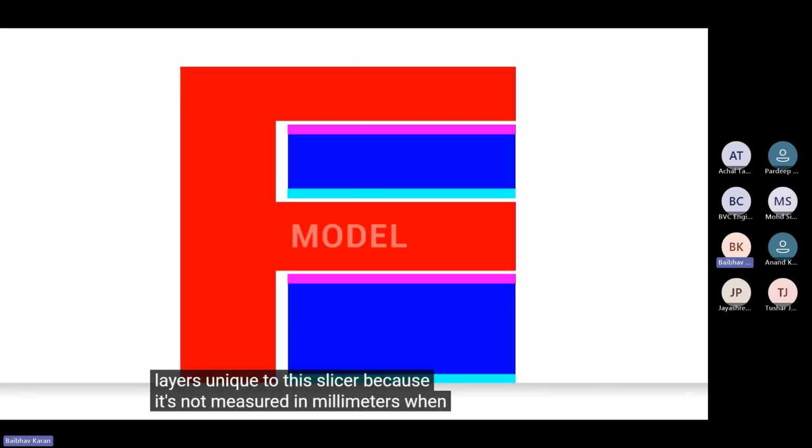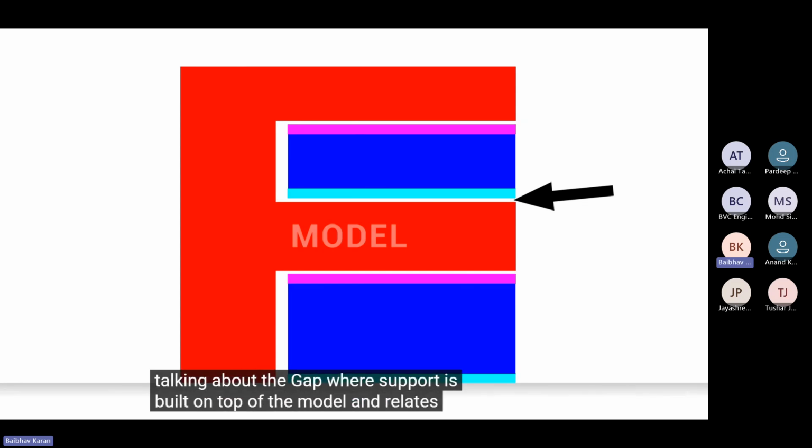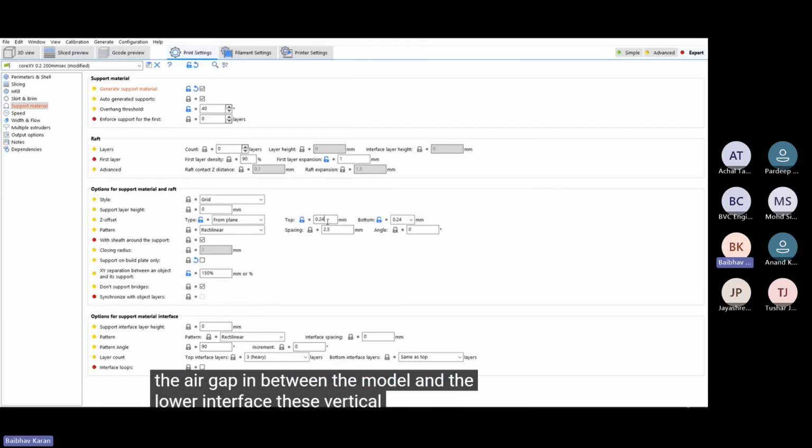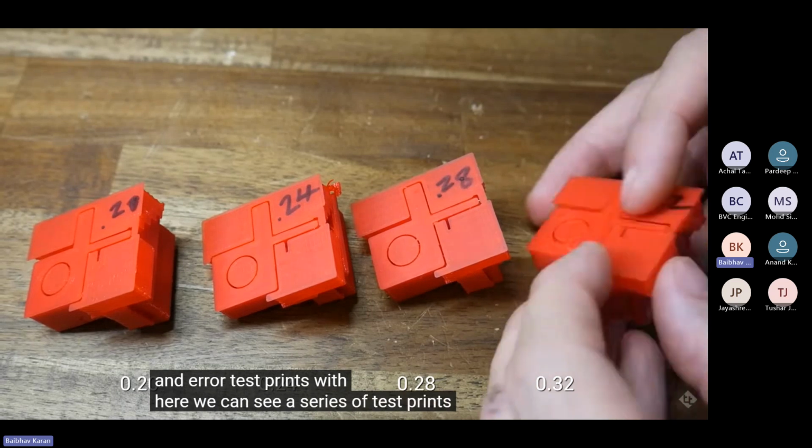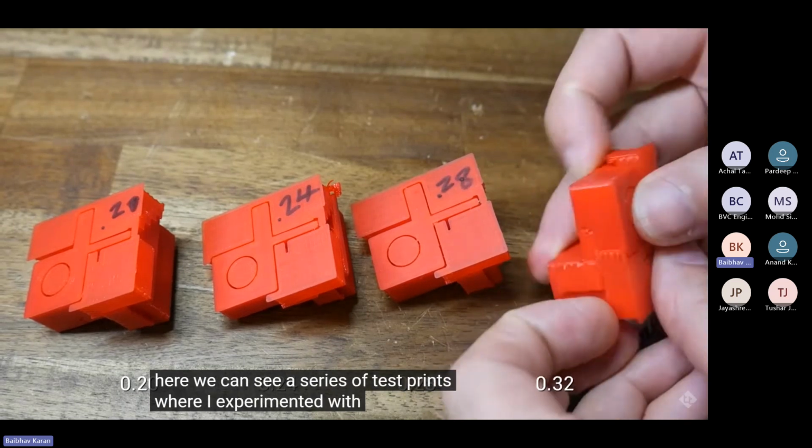in millimeters. When we see a bottom Z distance, this is talking about the gap where support is built on top of the model and relates to the air gap in between the model and the lower interface. These vertical air gaps are a setting you should do some trial and error test prints with. Here we can see a series of test prints where I experimented with the air gap to try and find